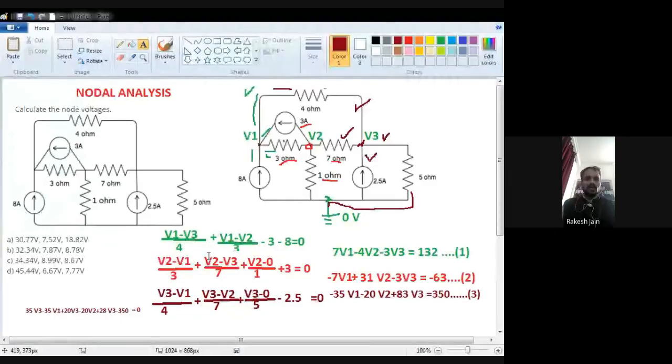I once again check it. I just taken LCM of 140, then my equation becomes 35 V3 minus 35 V1 plus 20 V3 minus 20 V2 plus 28 V3, okay, that will be equal to 350 minus 350, that is equal to 0. So minus 35 V1 is there, minus 20 V2 is there, that will be equal to 350. Okay, so these are three equations which I just found